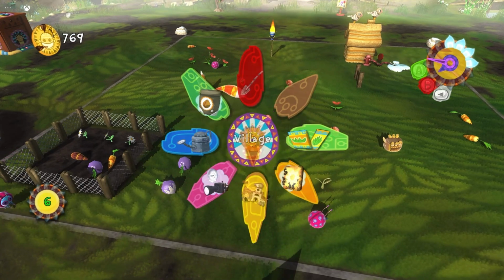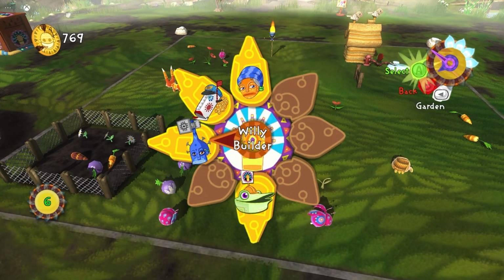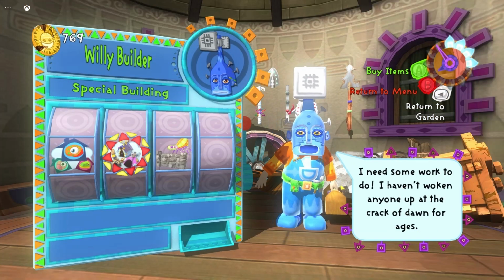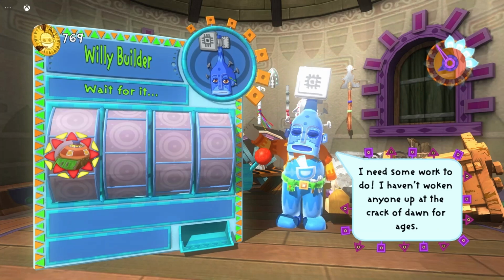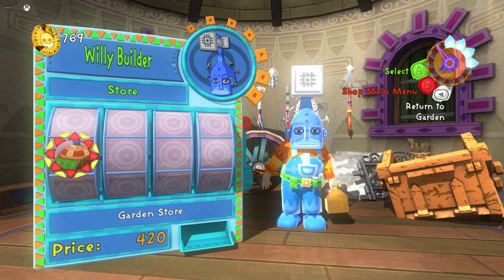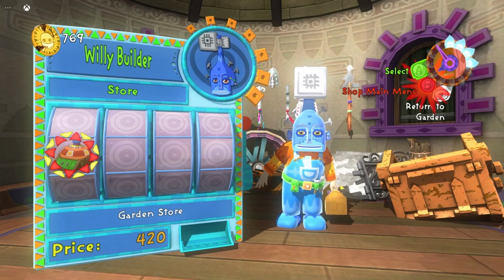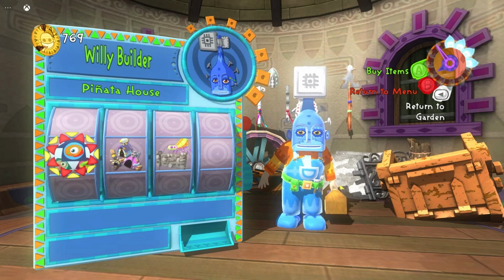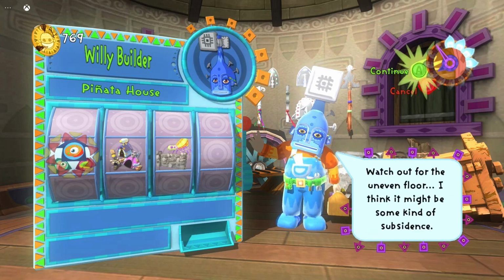Willy. Talk to me, Willy. How much to let that arachnid out? I need some work to do. Special building. I haven't woken anyone up at the crack of dawn for ages. What's a garden store? I have no idea what that is. That's new. 1,000? Bloody hell, Willy. Watch out for the...